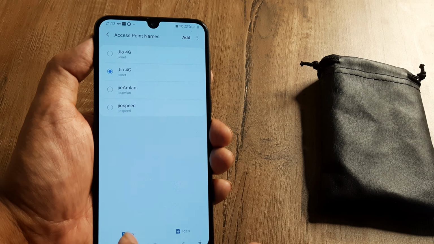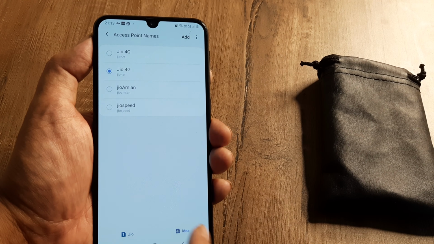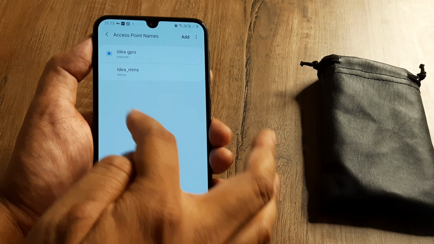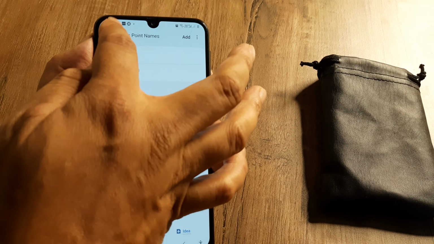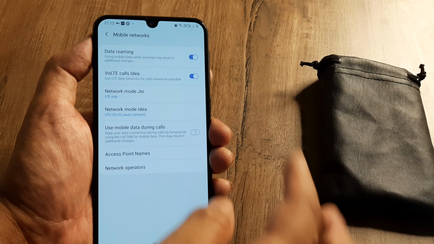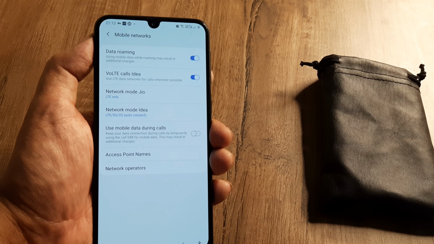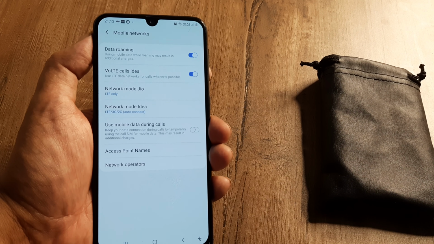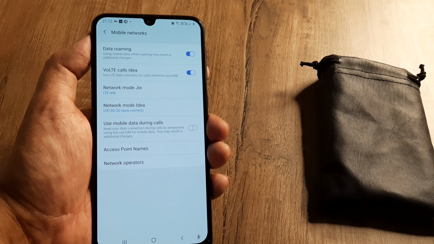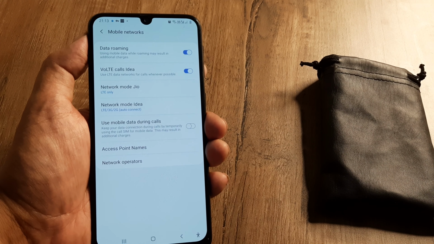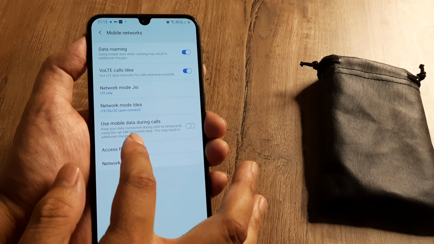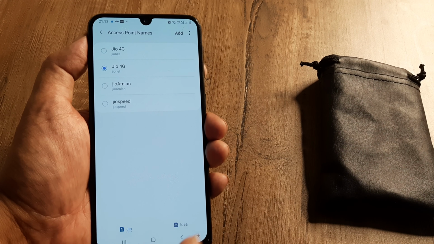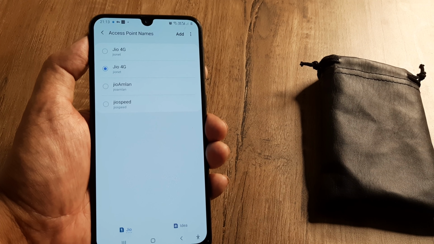Presently I'm using it for Jio. The Jio one is being used. If I use Idea, Idea has a different access point network. What it means is the device accesses the internet using this access point and the settings described there. So be sure that it's set to the correct settings. What happens is when we update to the latest versions of Android, many times these settings can go for a toss and you may see that things have gone haywire. So you want to reset it to their default. That's why you do that.